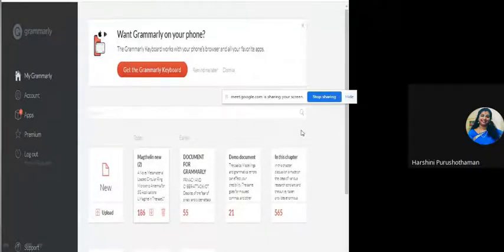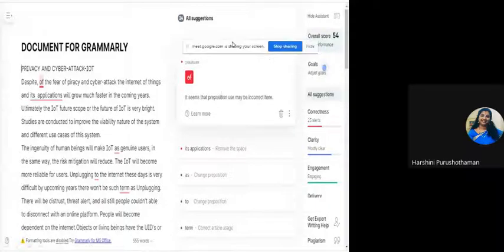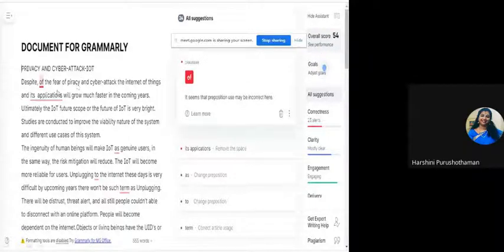You will see the next page. See, this is the document. Instead of this highlight, instead of "of", it says it seems that the preposition used may be incorrect here. So you can say "despite the fear of piracy and cyber attack and its application." So these are the mistakes in its applications. Remove the space.